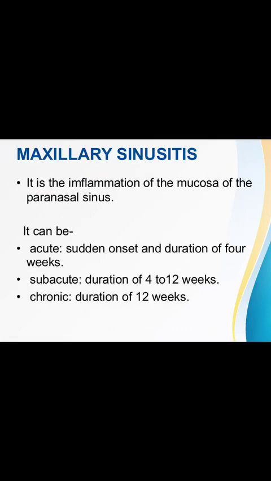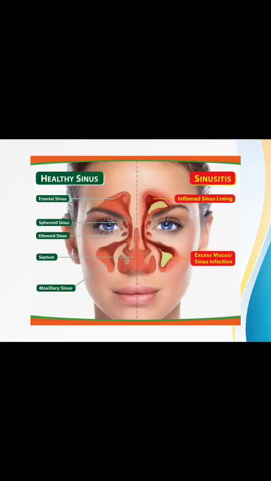Maxillary sinusitis can be acute, subacute, or chronic in nature. In acute, it is of sudden onset and the duration of up to 4 weeks. In subacute, the duration is of 4 to 12 weeks. In chronic, the duration is of 12 weeks or more than that. So this is a picture showing healthy sinus and sinusitis in the case